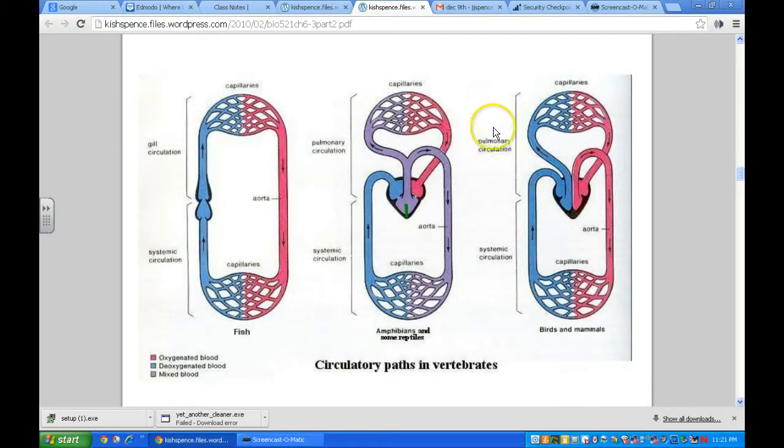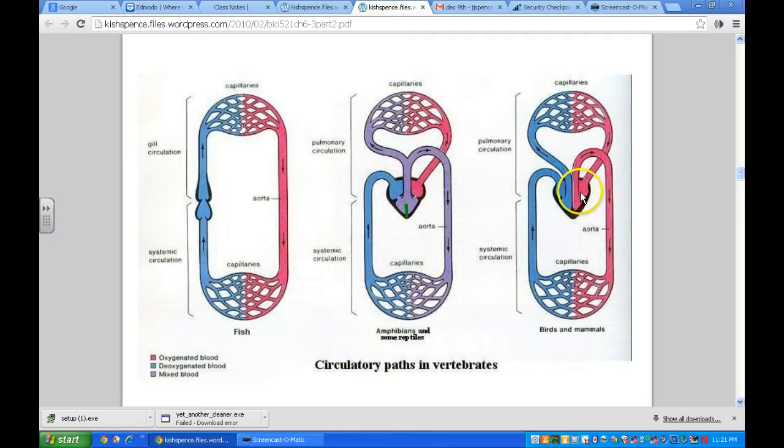Okay, so this is just showing the four-chambered heart of birds and mammals. Basically, oxygenated blood gets sent out from the left side of the heart out to the tissues. It gets used up in the cells, and so the blood that's deoxygenated comes back into the right side of the heart, into the right atrium, down into the ventricle, and then it's sent out to the lungs to pick up oxygen, and then it's carried back into the left side of the